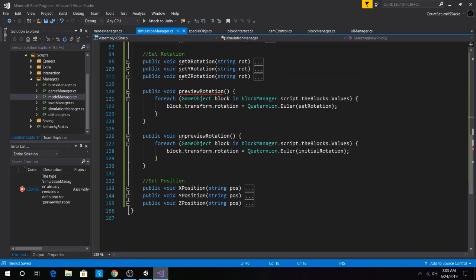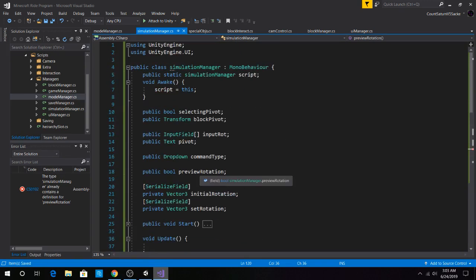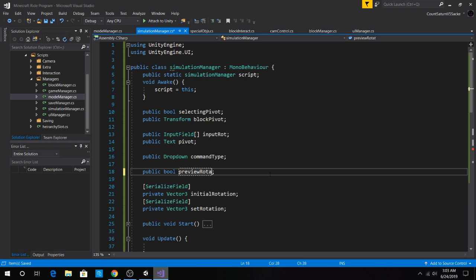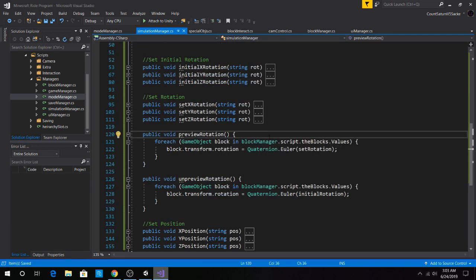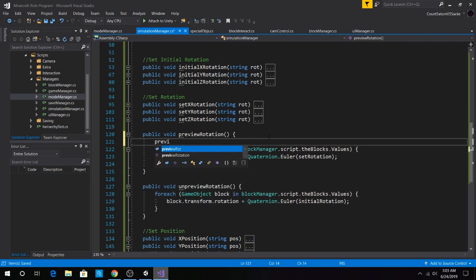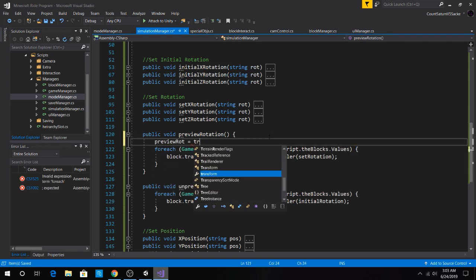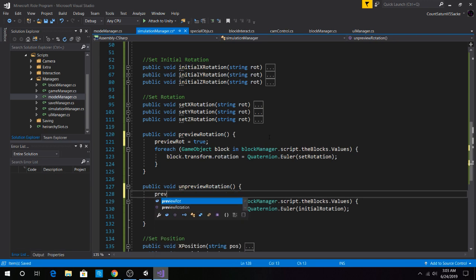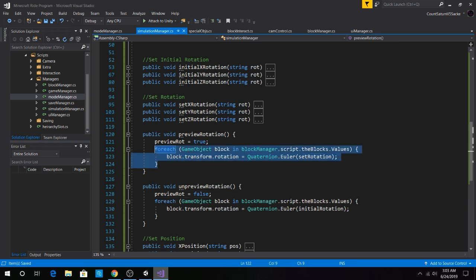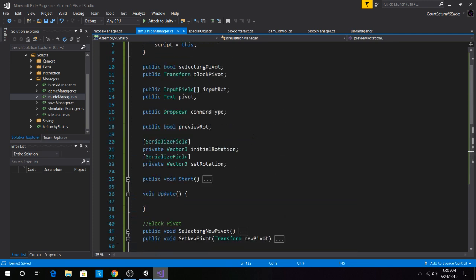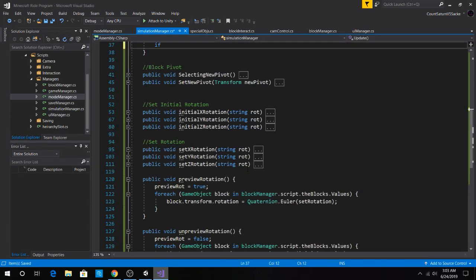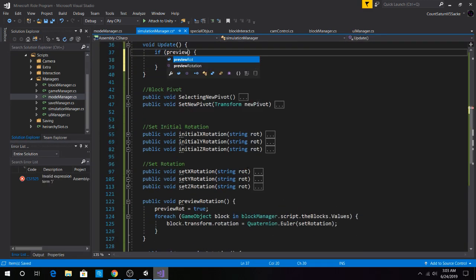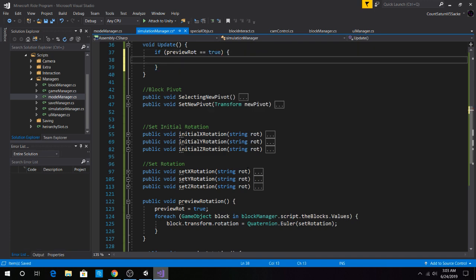We then just have to go here, preview rot. Okay, and here, preview rot is equal to true, and here we set it to false. Preview rot is equal to false. So what we'll do here is, we don't do this. What we do is in void update, if preview rot is equal to true, what we want to do is